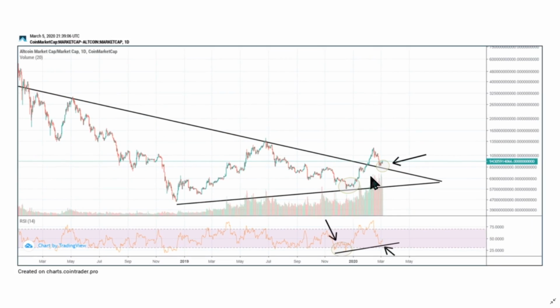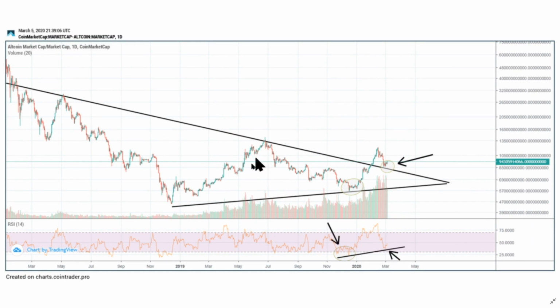Now if you zoom in and look at the altcoin market cap, what you can understand here is the entire altcoin market cap has moved to the upside. We discussed that. We were following this pattern, and now it has made this bottom here, confirming that bounce after the retest of this support, which was previous resistance. And at the same time, if you look at the bottom in the RSI, you can get this similar pattern, kind of a double bottom, not exactly the textbook double bottom in the price, but in the RSI you can see something similar.